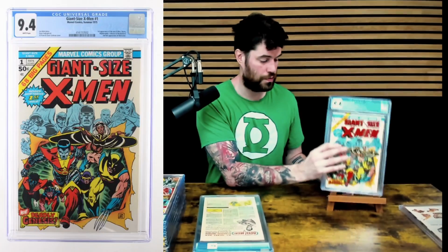But I have a feeling that the real Silver Surfer is going to show up. They are also saying Galactus is going to show up. I think Galactus will be the big baddie, kind of like Thanos was. So this book is about to get hot. So that's a 9.2. Then we got a 9.4 of this. We got multiple grades of